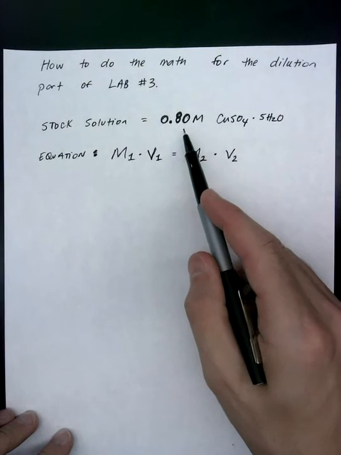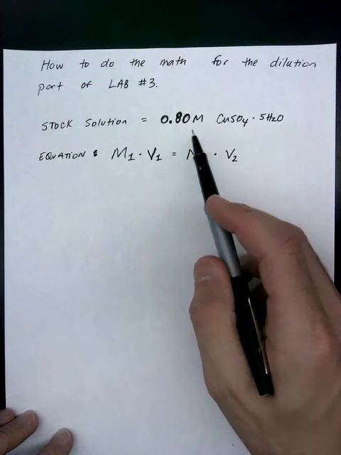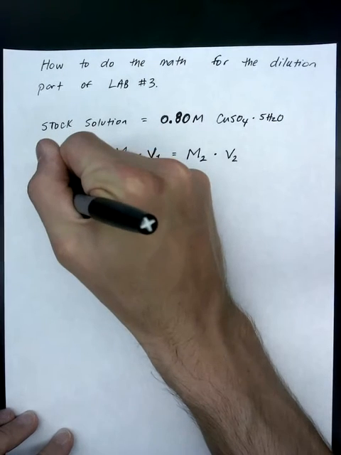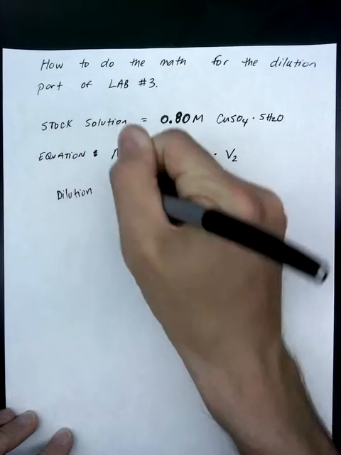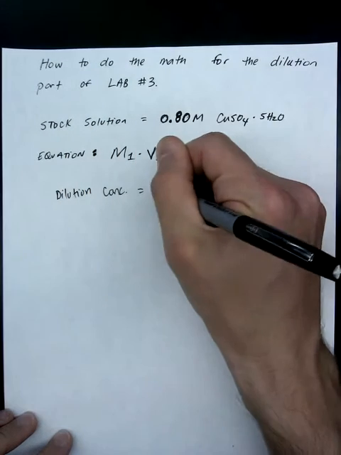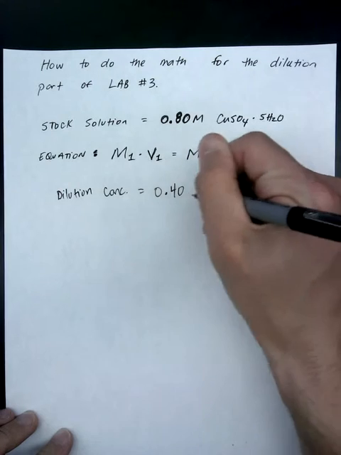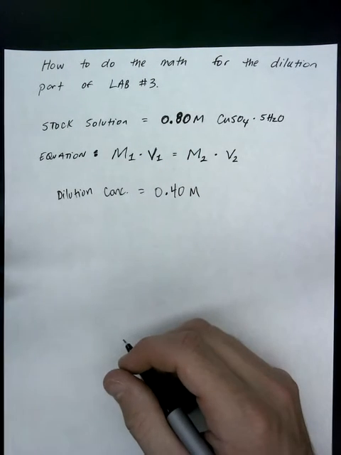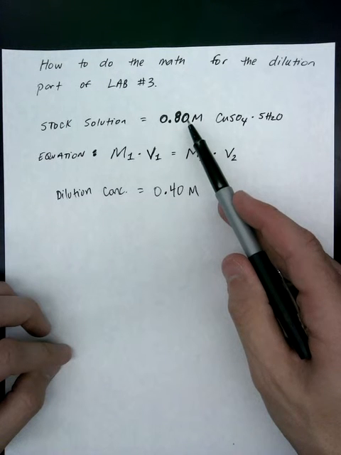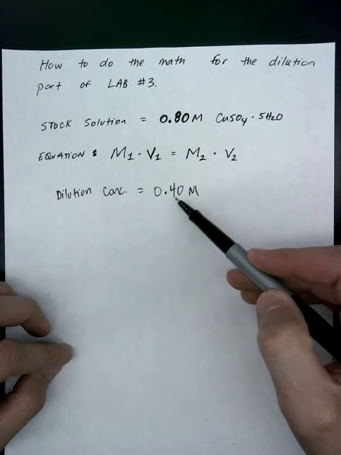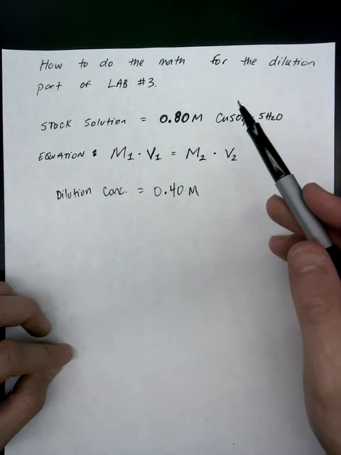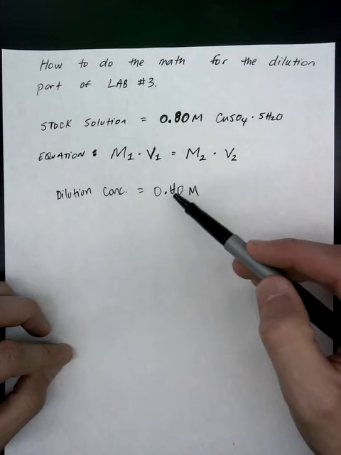Say you've got this stock solution of 0.8 molar copper sulfate, and we want to make a dilution where we're going to cut it in half. That's how we say that the dilution concentration should be 0.4 molar, right? So what do we do for this? We're going to take some of the stock and add water to it. That's because the concentration of the dilution is lower than the stock. So the only way to do that is to take some of the stock, add some water to it, and